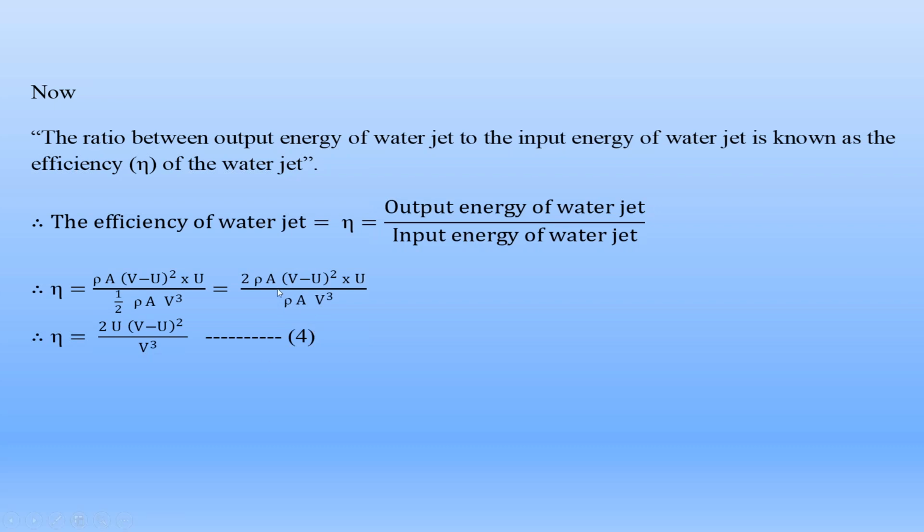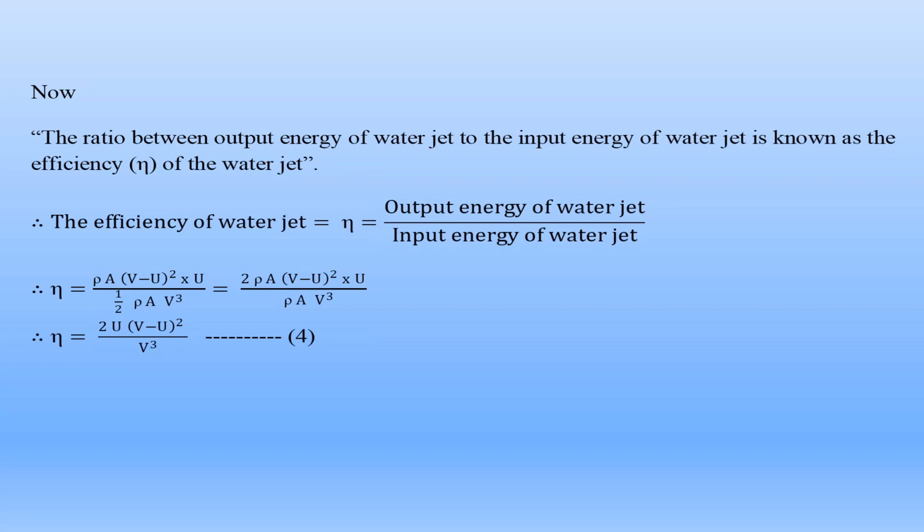if the absolute velocity of the water jet v is constant, then the efficiency of the water jet nu depends on the velocity u. So follow this equation 4. If the absolute velocity of the water jet is constant, if v is constant, from equation 4 we can understand that